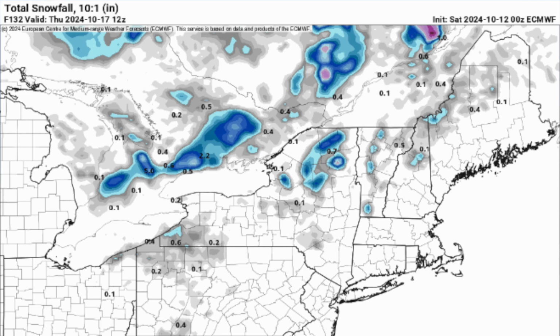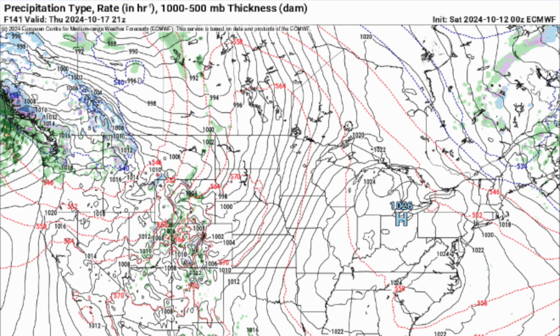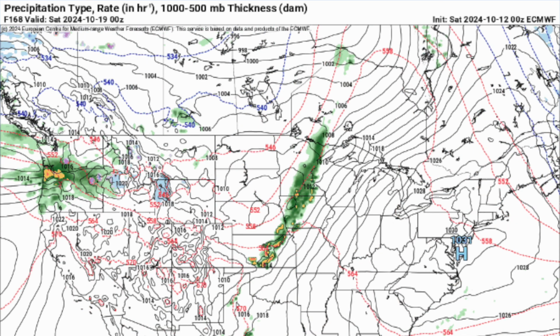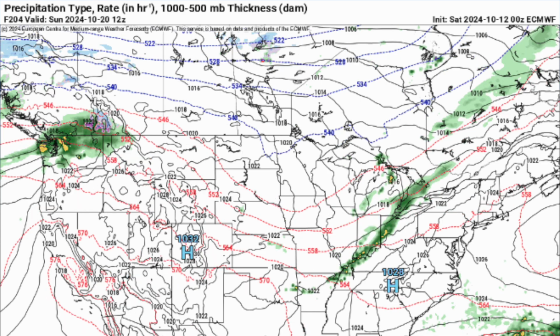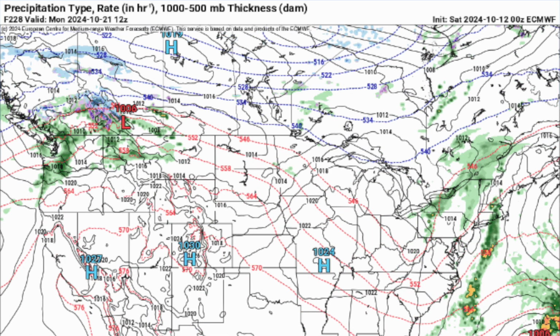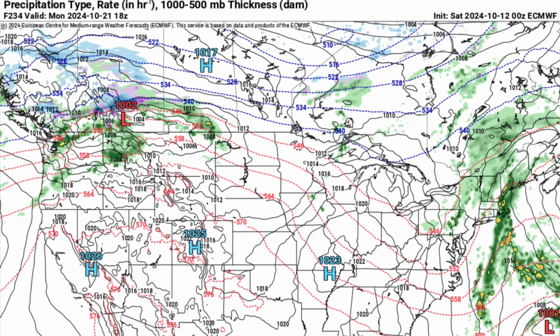But then it's kind of coming and going right through Wednesday, and then Thursday morning, that's when it really lifts out. There's Thursday morning, and now you have that strong high-pressure system coming in that we talked about for so many days. Next weekend's looking pretty good there, although it does look like there's some backdoor front potential. And that high Sunday into Monday, now we're about October 21, and we'll stop it there in day 10, and